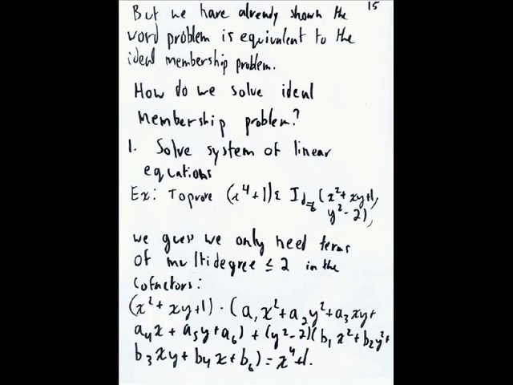So x^2 plus xy plus 1 has to be multiplied by a term which has multi-degree at most 2. So x^2 has a multi-degree of 2, y^2 is 2, xy is 2 because each one has exponent 1, and then you have the exponent 1 and 0 cases. And the same thing with the other term that we're trying to guess, which is multiplied by y^2 minus 2. And that has to equal x^4 plus 1. So when we expand,